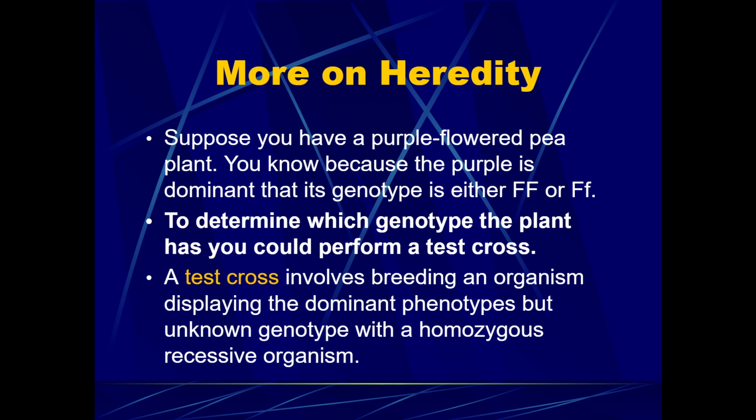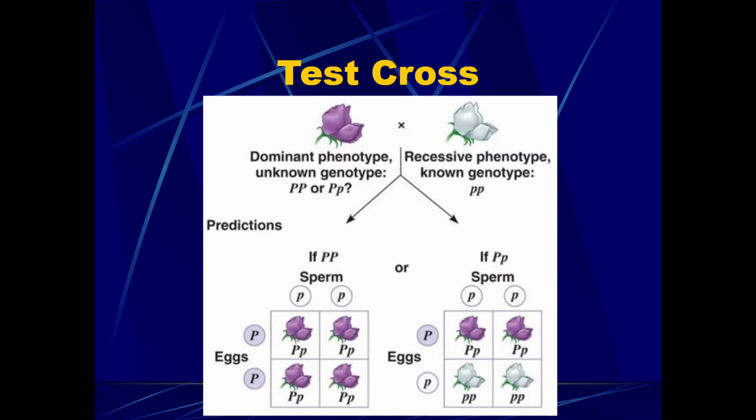And that would involve breeding an organism displaying the dominant phenotype of an unknown genotype with a homozygous recessive organism. So you take the unknown dominant phenotype plant showing purple flowers, and you would cross it with a genotypically recessive organism, an organism showing the recessive trait, meaning you know exactly what the organism showing the recessive trait would look like, 2 lowercase letters. So here we see that if we have a flower showing the dominant trait, we don't know if it's homozygous dominant or a heterozygote, we can take a recessive plant for the same trait, so 2 lowercase p's in this